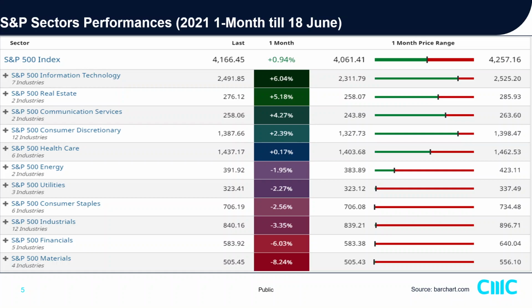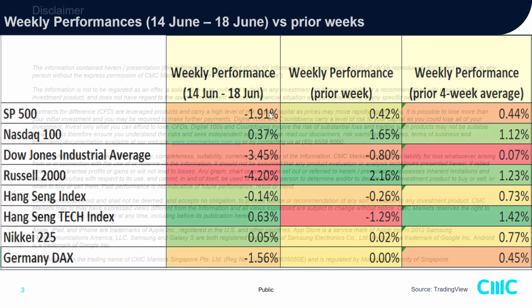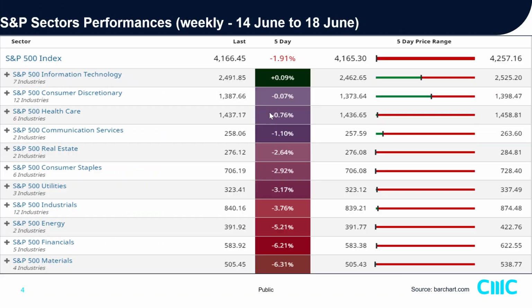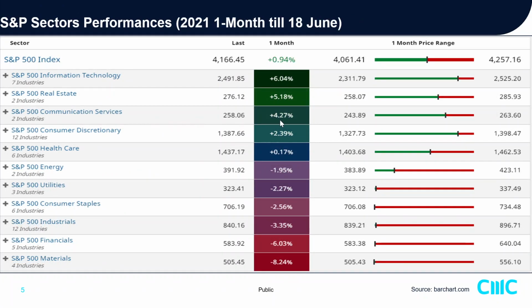Okay, so information technology was the highest, 6.6%. Real estate 5%. Communication services is also part of, I would say, the information technology asset, split up slightly due to some regulatory improvements, because they put Facebook and Google into communication services, together with some of your gaming stocks like Activision Blizzard and Electronic Arts.